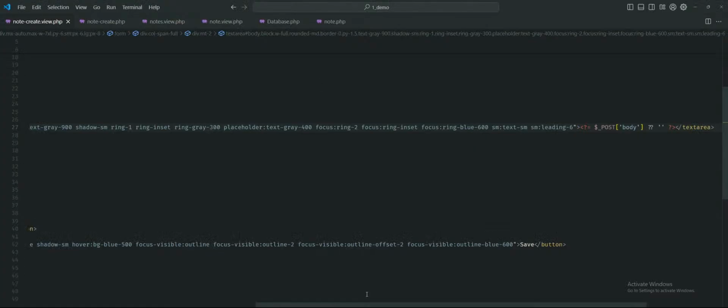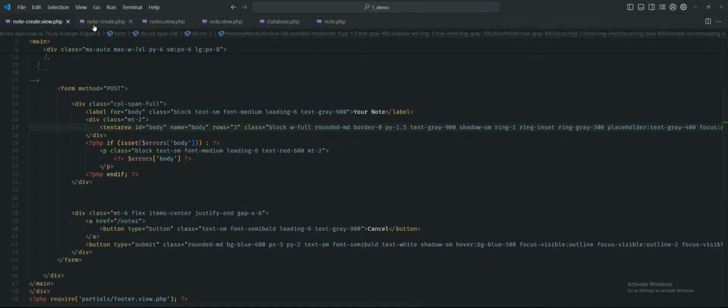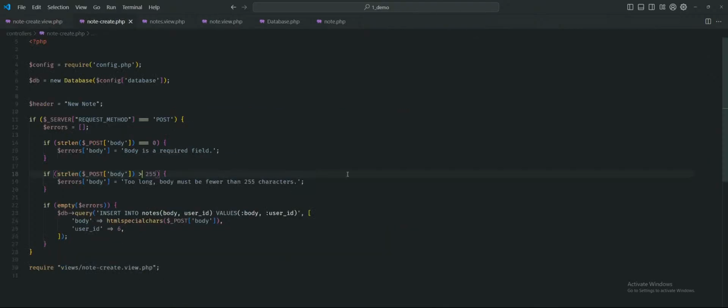So let me give you a quick recap of what we did today. We mainly worked on the validation for this form. As the title suggests, we added two validations. One is that the note body is not empty, and the second is that the note body is not too long. In my case, too long is anything above 255 characters. So first we check the length of the string of the body. So strlen body, if it's 0, that means it's an empty string. Then